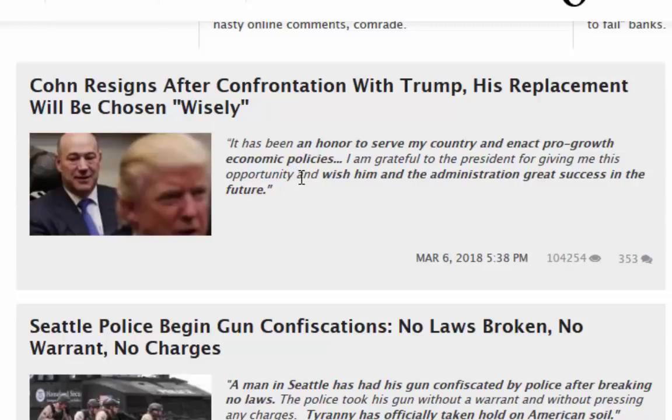If you don't jump, then you'll be fired. So what a mess, absolute mess. I've lost count of how many people have actually already bailed out on him. I mean, talk about rats leaving the sinking ship. It won't be long before he's taking on water, I think, at this rate. Unbelievable. I don't know how many this is in the matter of weeks. So anyway, that's the reason for